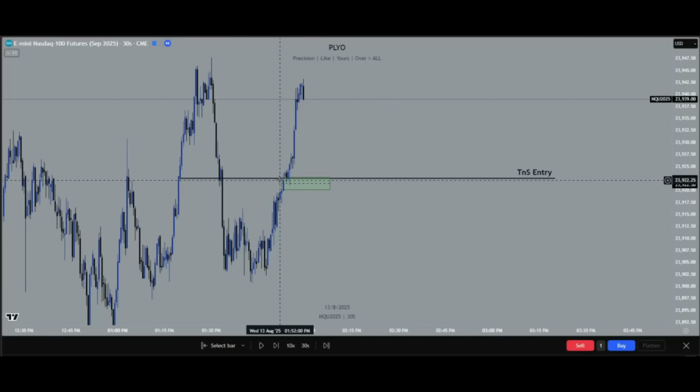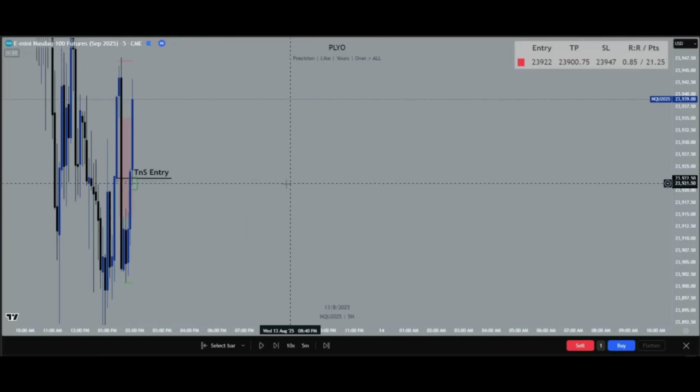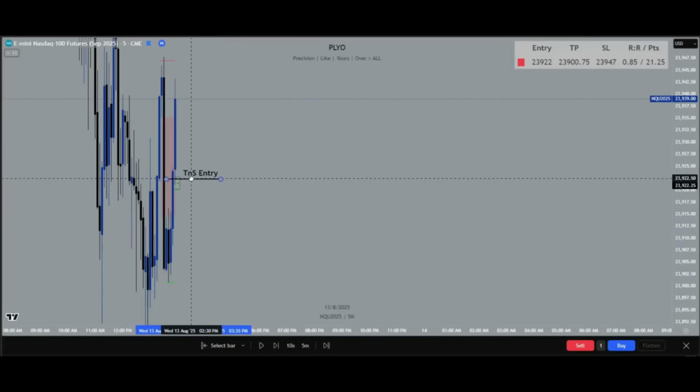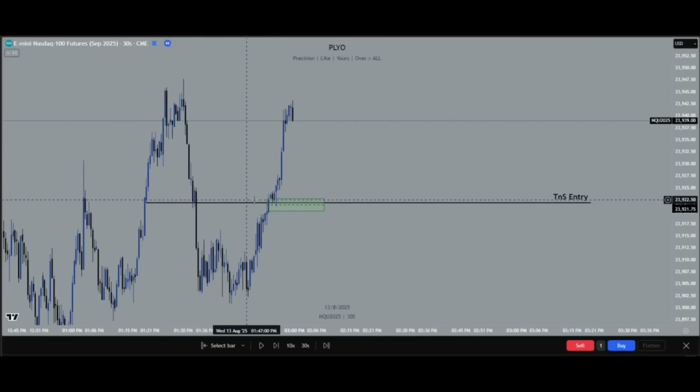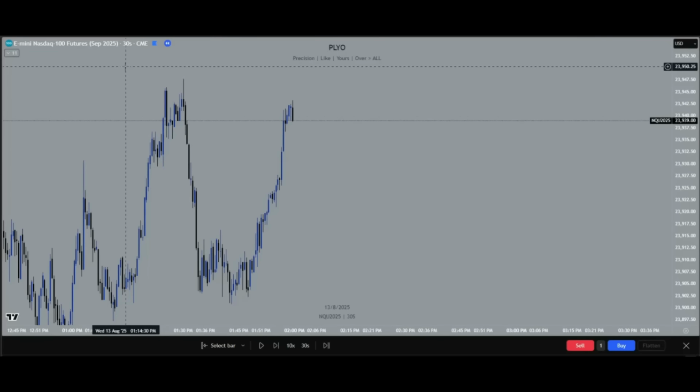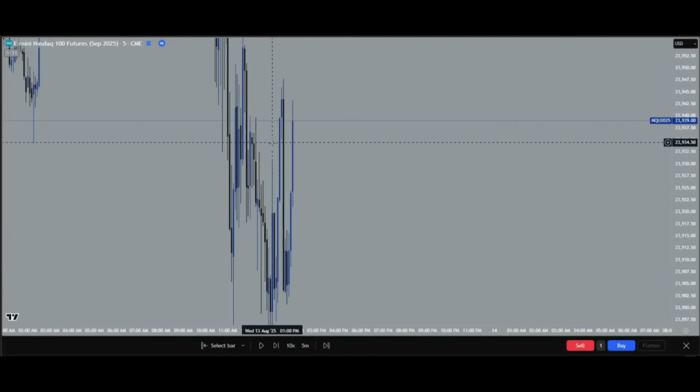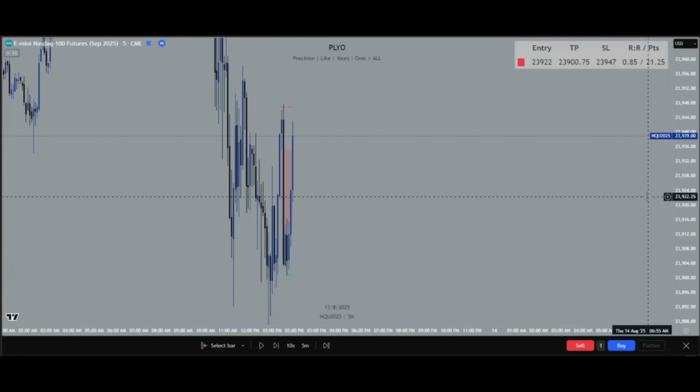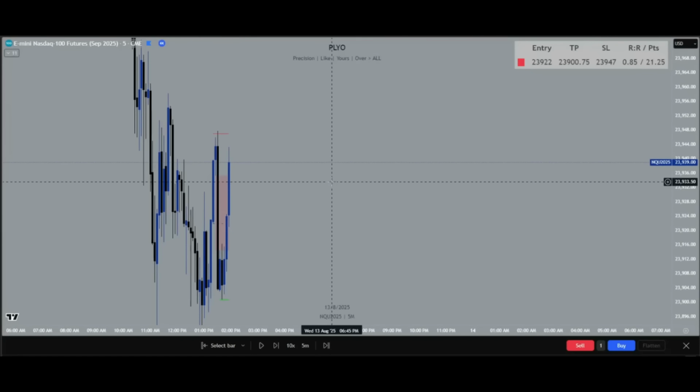You can see here, we just run straight through everything. And on the 5-minute, you would just simply be stuck in a trade that loses almost instantly. But on the 30-second, you can see, okay, it never even gave you a signal to enter this yet, because we never did get that inverse. And that's exactly why I'm explaining this, because it can be used this way to help gauge your entries better